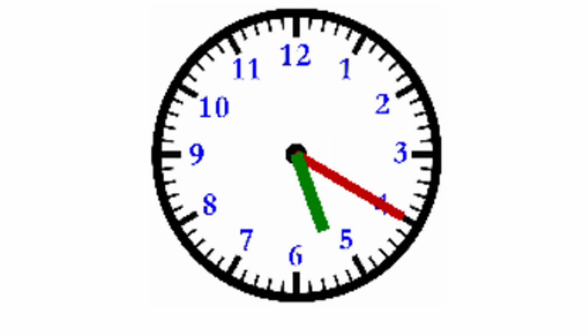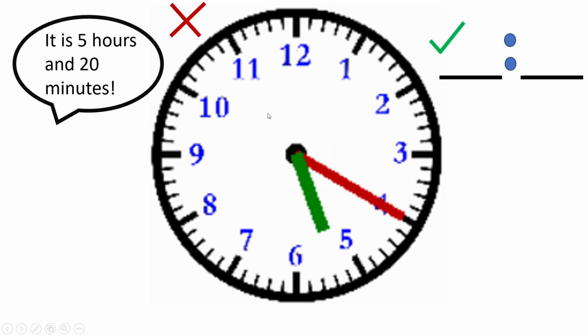In my earlier videos, I have taught that usually when we tell the time, we write it as the hours first and then the minutes. However, this is not the same when we speak about the time. You see, I have written here that the hours go first, then two dots, and then the minutes. However, we wouldn't say that in actual speaking. We wouldn't say that it's 5 hours and 20 minutes, but we'd say it as something else, which today this